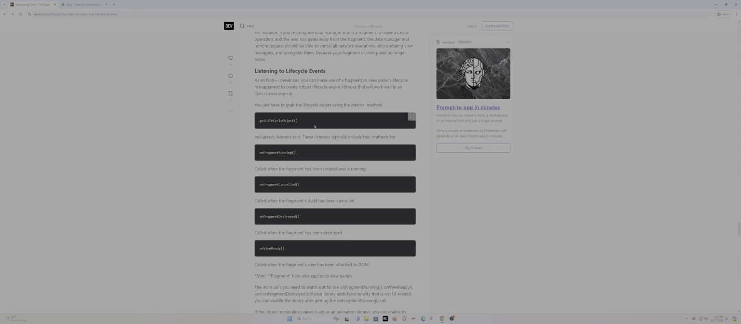which will have 4 methods, or let me call them callbacks, that will be fired whenever there is a change in the lifecycle state of a fragment or a view panel. And this will be on fragment running, which will be fired when the fragment is running or is now ready to be rendered. On fragment cancelled, which you shouldn't worry about in most cases,